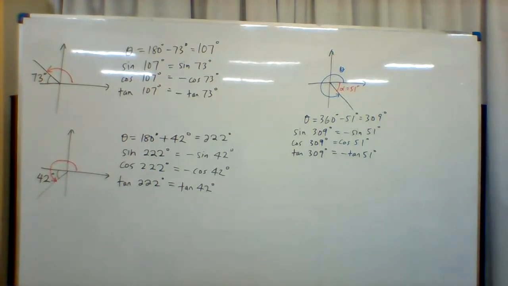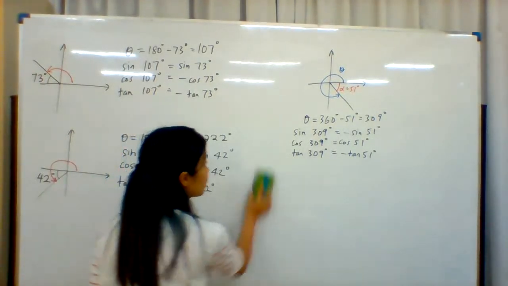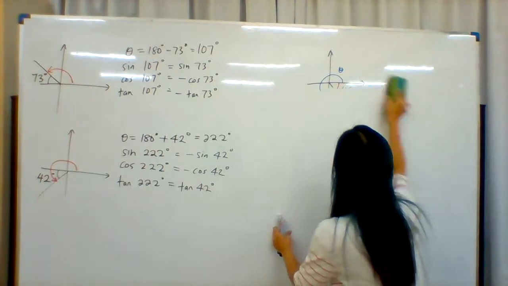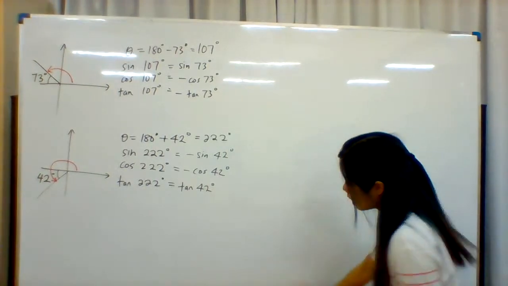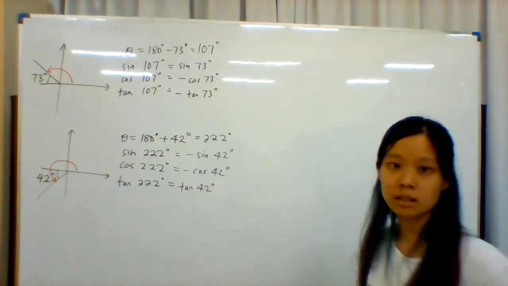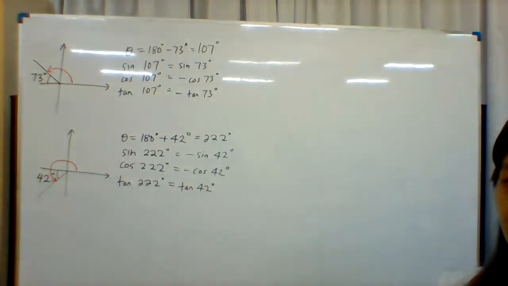Okay, now I'm not going to draw for you anymore. I'm going to give you the angle, right? And then you think, how can I get my basic angle, my sine, cos, and tangent given the theta? So I'll give you the theta, and then I want you to tell me your basic angle, your sine, cos, and tangent of that angle. Okay, so first one,